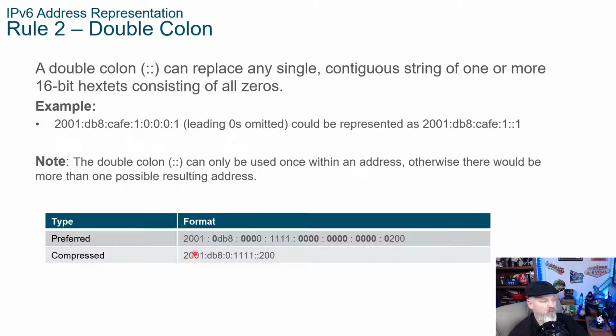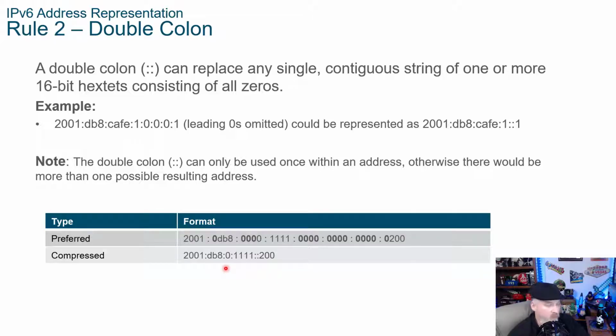And when we look at this, we see 1, 2, 3, 4, 5 hextets, right? And there's 1, 2, 3, 4, 5, 6, 7, 8 total. So we know that we're missing 3 hextets in there of zeros. And any device that we write this into would also know that. And we also have trailing zeros are gone. So now we have what we call a compressed version. This is a much easier way to write a v6 address.